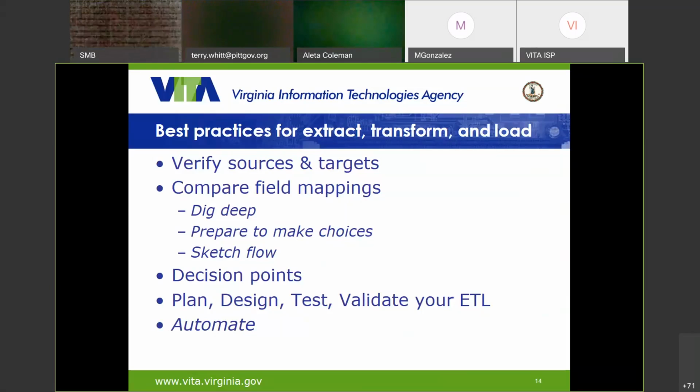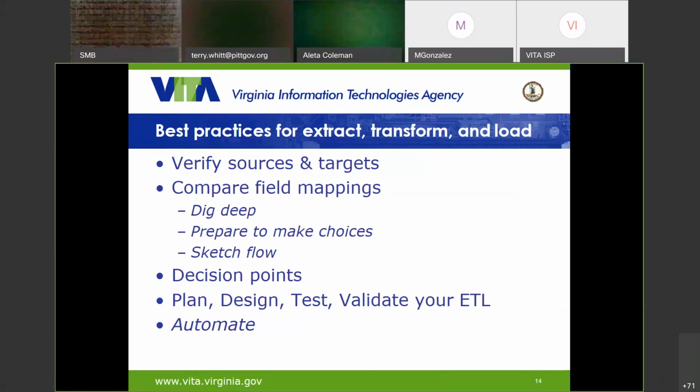And it's helpful to do it at this step to start thinking about sketching out a flow of how your data is going to move and figure out options to help you prepare to make choices. We recommend digging deep in this step because if you miss something or you don't understand something